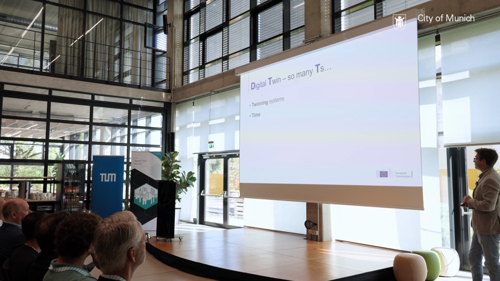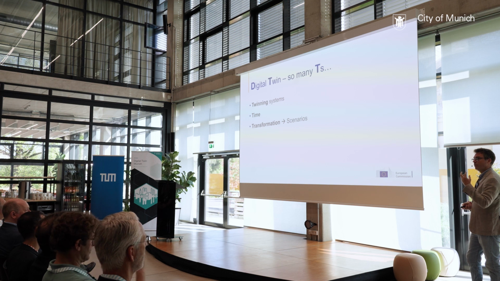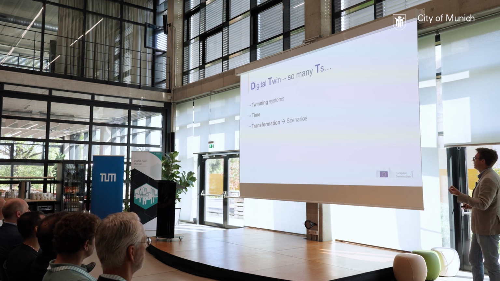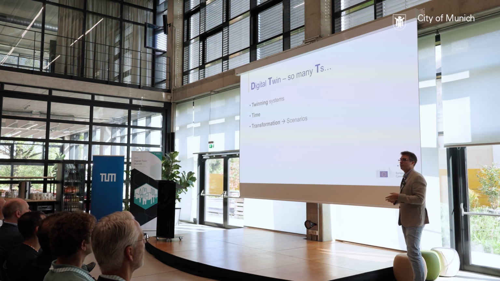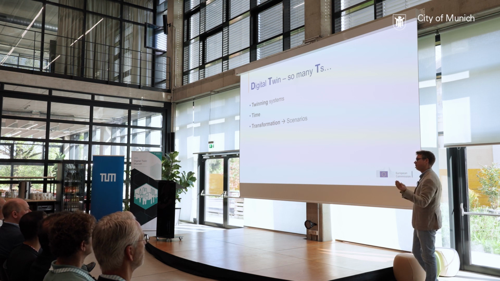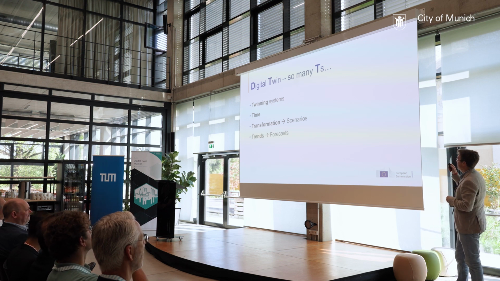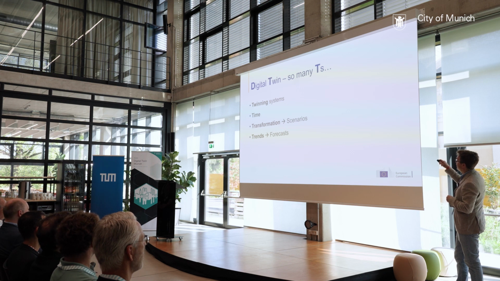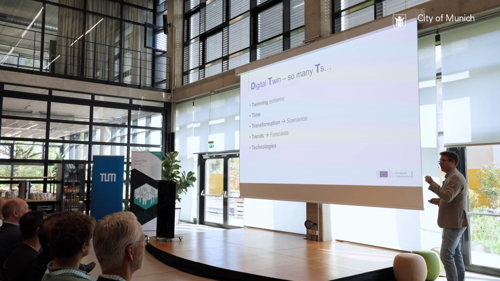Actually, they have many time scales and they are there to mimic transformations. We're building scenarios with this. With a normal decision support system like on the Nile, you're not really trying out scenarios. You have a policy and you run this policy and you just adapt the steering of the dam to it. But we can actually also extrapolate with this digital twin what would come, but the problem is still the data and the technologies, all the things that go in.